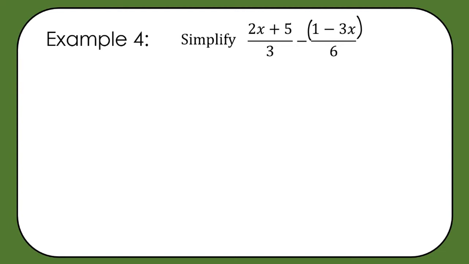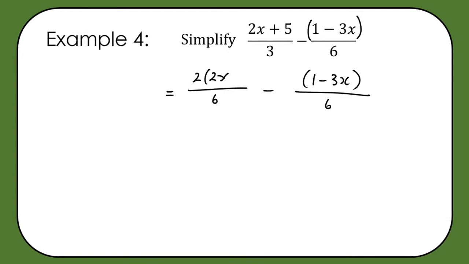So our common denominator here is 6, so we don't need to do anything to the second fraction. So we're just going to have (1 minus 3x). I'm going to put those brackets around there because they're going to become important when we're ready to subtract. The first fraction, we've multiplied the denominator by 2, so I'm going to do the same to the numerator. Let's put my fractions together. So we've got 2 times (2x plus 5)